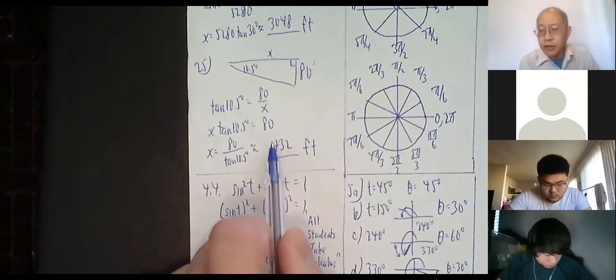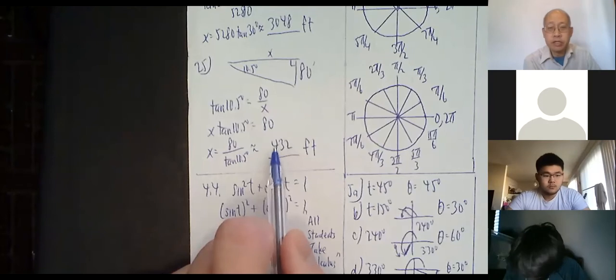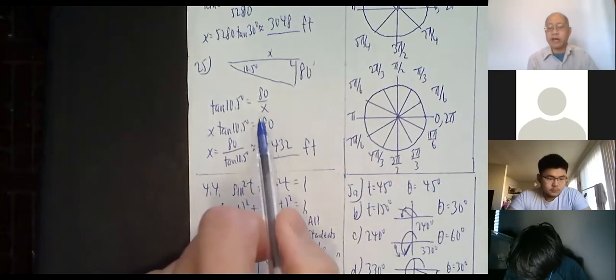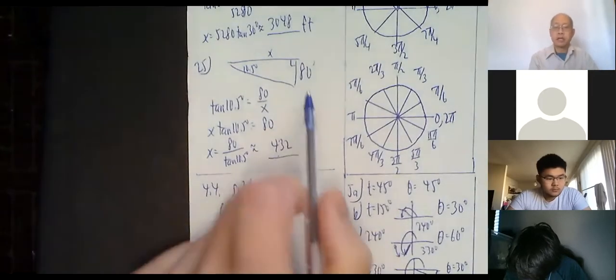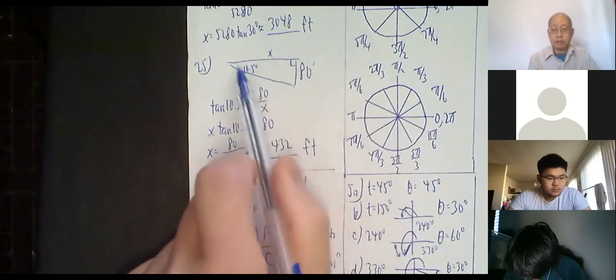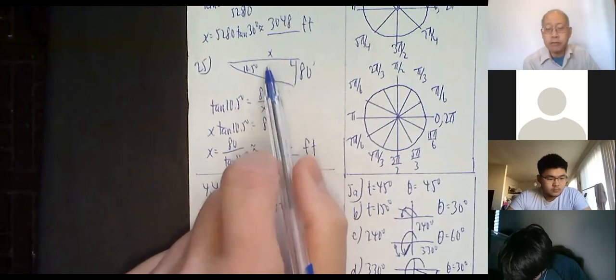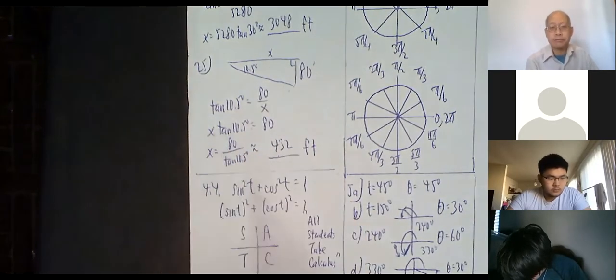Hopefully you can see one of the powerful uses of trig. You can measure distances without actually measuring. In some cases, it's too difficult. Nobody wants to walk out to a fire and measure stuff. But using trig, you can find distances by making use of trigonometric relations. So doing stuff like this, trig allows you to measure distances without actually measuring it.